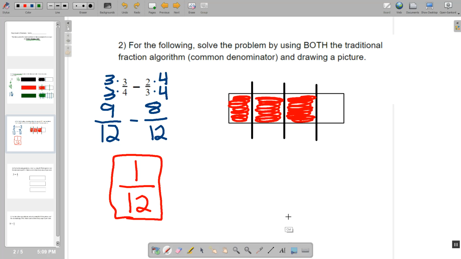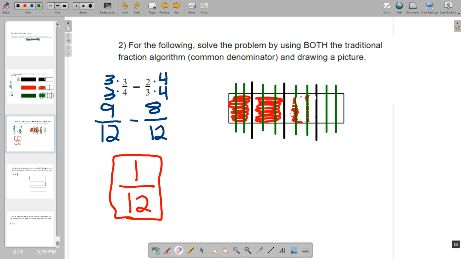So 3 equal parts, 3 equal parts, 3 equal parts, and 3 equal parts. And now I have 9/12, and I need to take away 8/12. So I'm going to erase. There we go. My eraser doesn't like doing this. Take away 1/12,